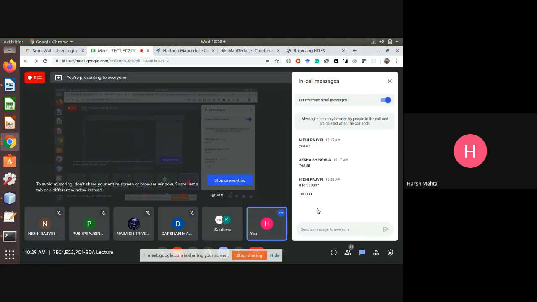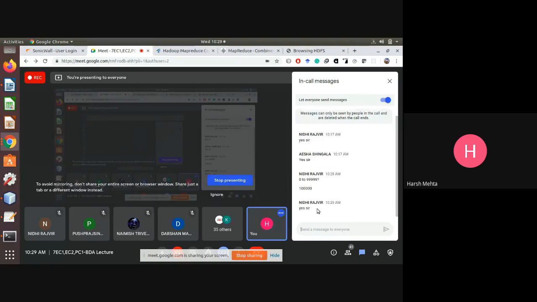Fine. So everyone got this partitioner program? Nidhi says yes. What about others? Apart from Nidhi, anyone?